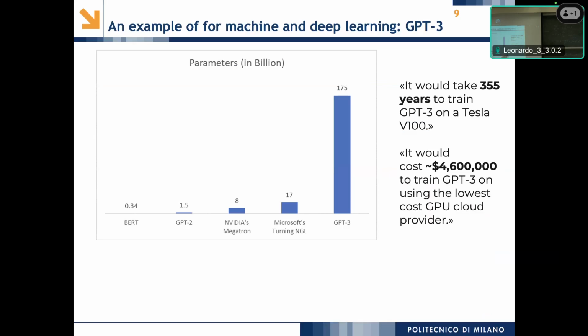ChatGPT-3 was trained, I think, for several weeks on 2,000 GPUs at the time. If you try to train this kind of model on a single node, it will take years. This data is related to the high end. The V100 used to be, 4 years ago, the equivalent of the A100 today, the high-level GPUs. Then that's the cost. Really, this costs millions, just to train a model.